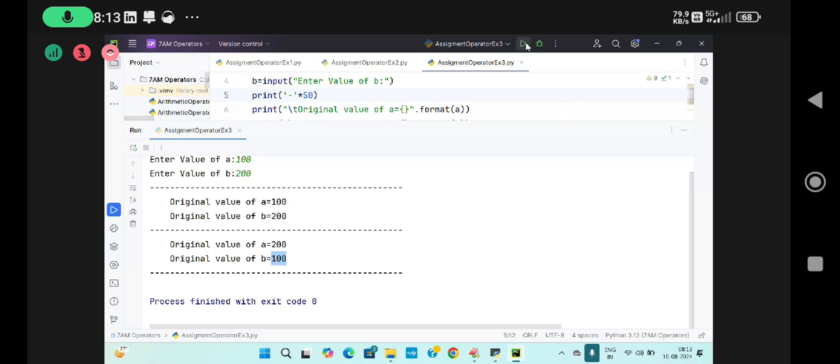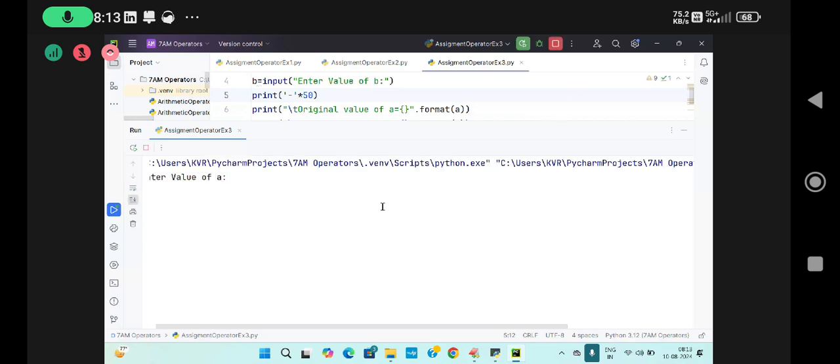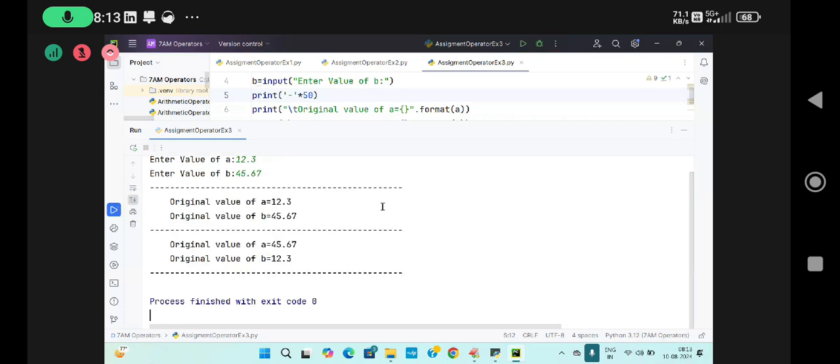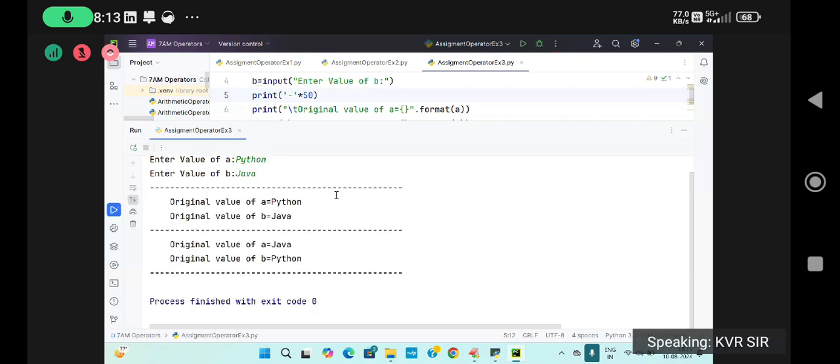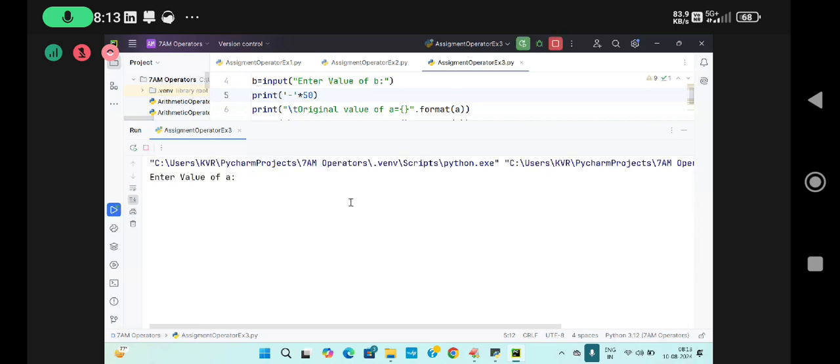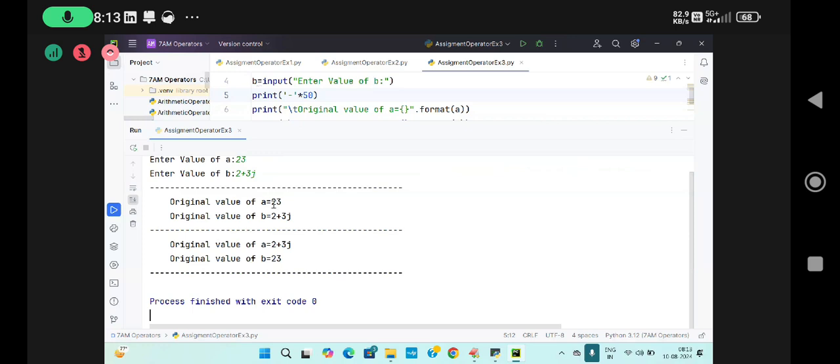Now I'm going to enter 12.3 and then 45.67. It is also done. Exchanging: you take the value Python, and the next is Java. It is also exchanging. So any value you enter will be taken care of. 23 plus 2 plus 3j is also done here. Well, coming to the point,